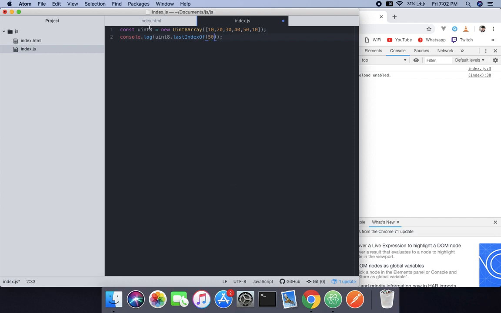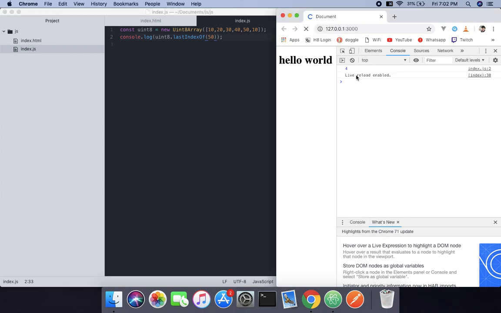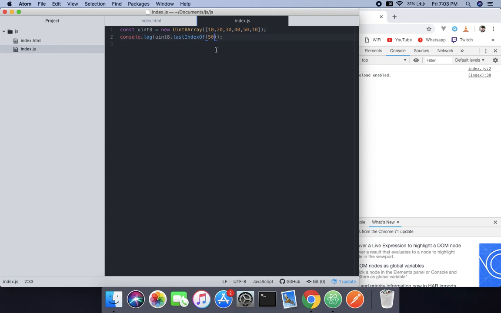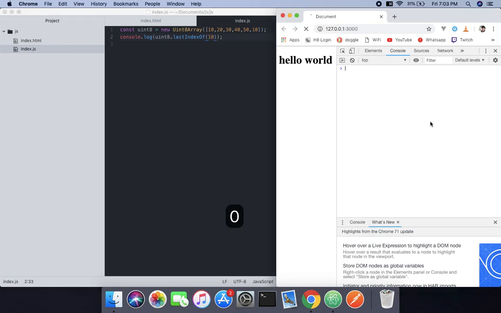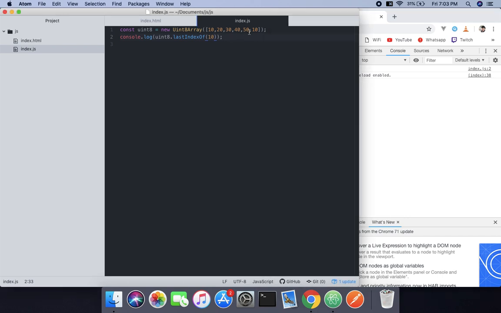So what it gives you is the position of that, which here is 4. And if you pass 10, it will give you 0, because it is the last index of that element, the last time it appears. So this is what it does, and there is another